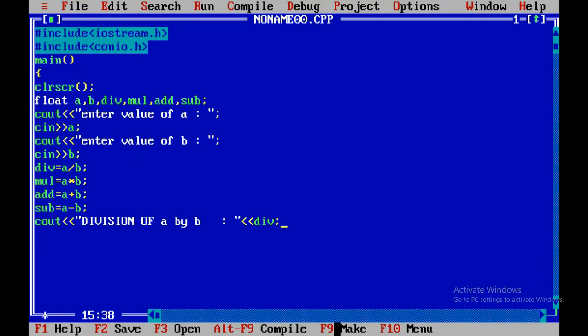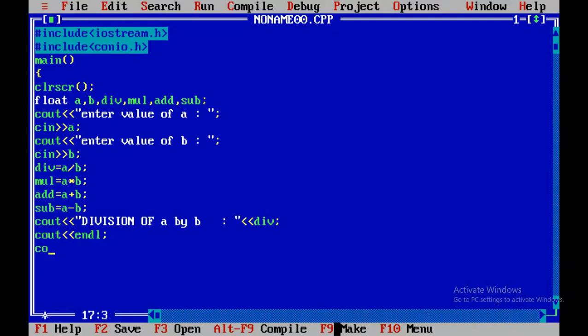Next cout endl, because I want to give a gap between statements on the output screen. I don't want to merge all the sentences, so I put one end line. In C programming you give backslash n for a new line; here it is endl. Both are the same, just different syntax.